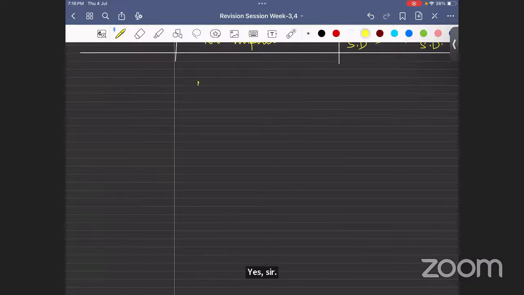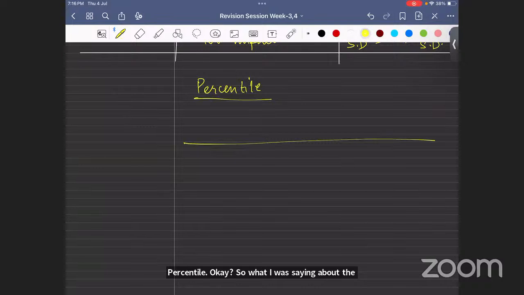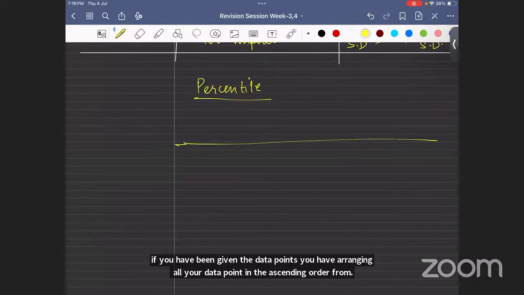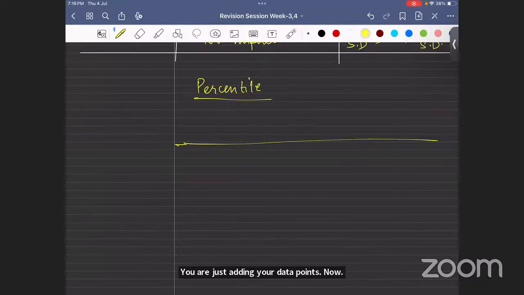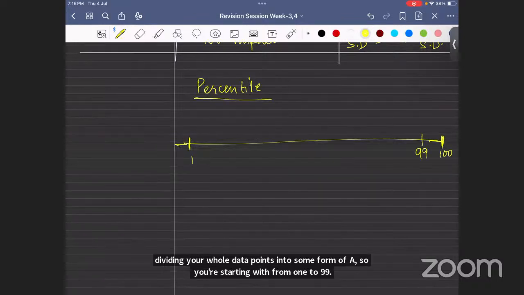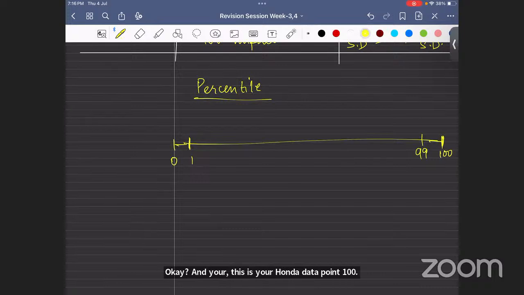Percentile. Okay. So what I was saying about the percentile. See, if you have been given the data points, you are arranging all your data points in ascending order. Now, percentile you can think of as dividing your whole data points, so you're starting from 1 to 99. This is your 100th percentile, and this is your 0th. You're taking 99 points and dividing your whole data into 100